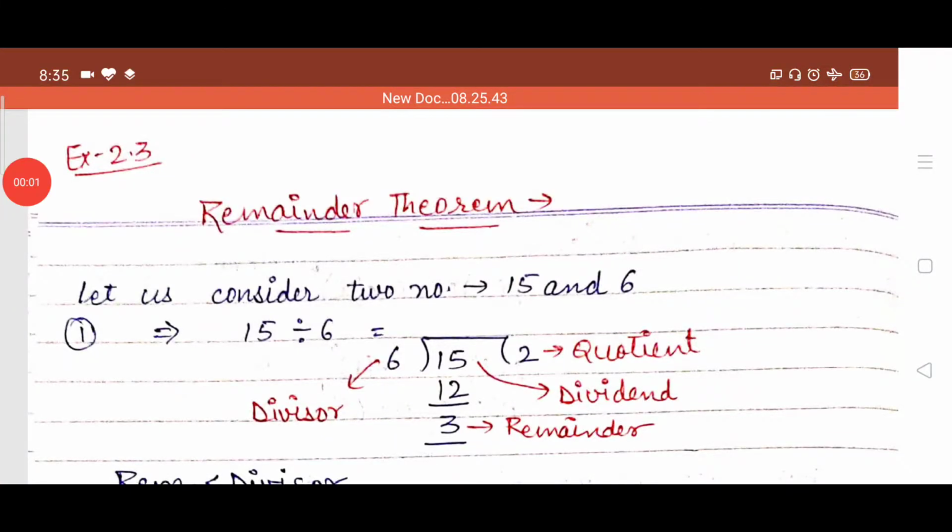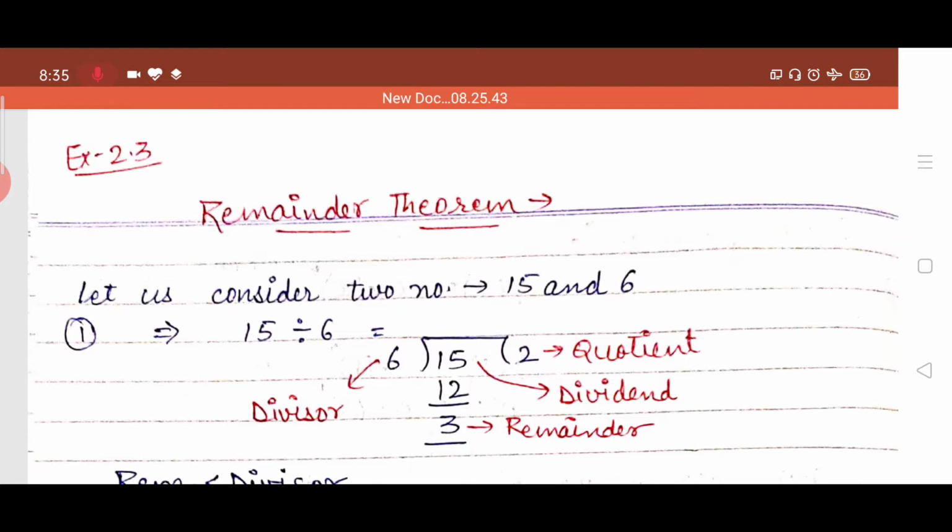Good morning, class. Our today's topic is division of two polynomials, and after learning this, we will apply the remainder theorem on its division. So let us start our topic. First of all, we will see, we all know how we divide any two numbers.